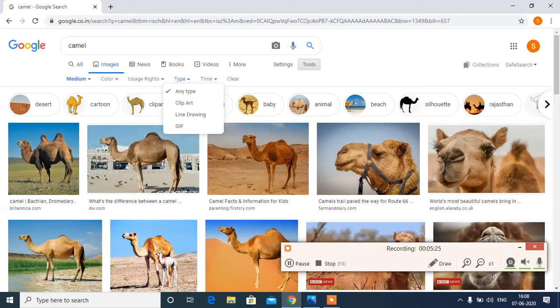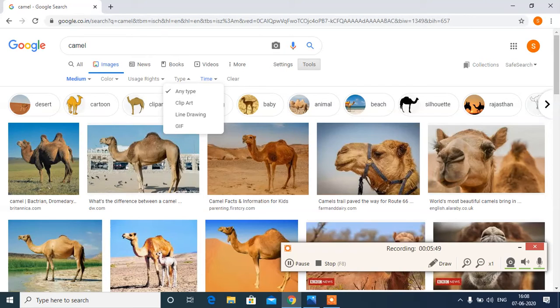Line drawing images are useful for coloring. GIF images are a type of animated image, so these are not useful for printing on paper, that is, for project work. So I keep the option any type as it is.